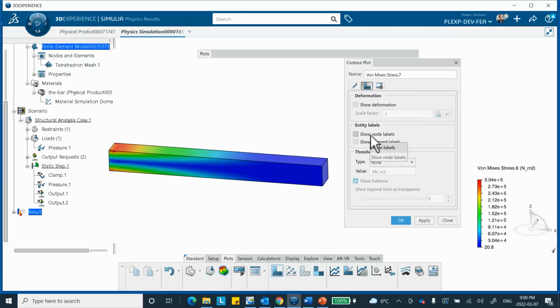The other thing is that with show deformation, you can change the scale. This is the true scale. If you want 10 times that, apply. It didn't make that much of a difference. If you want 1,000 times, apply. Notice it did go down. One more, 10,000 times,